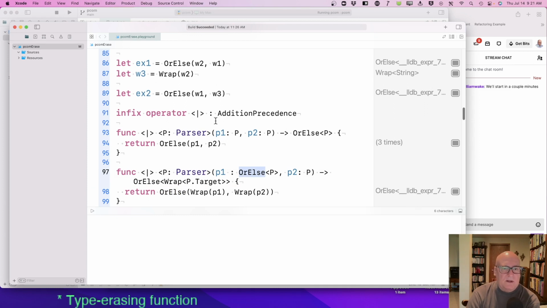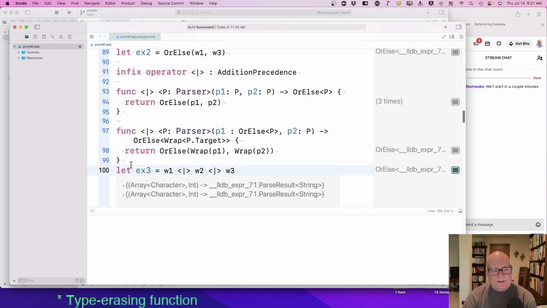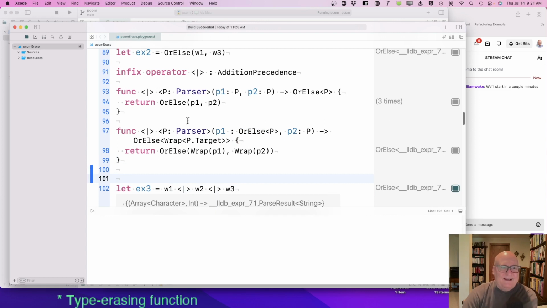Okay, yeah. So this one is saying, I'm hoping that's the real thing. If you just have two parsers, let's wrap them in an OrElse. If you have an OrElse of a parser p and another parser p, then we want to wrap them.